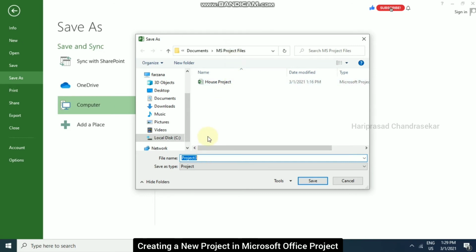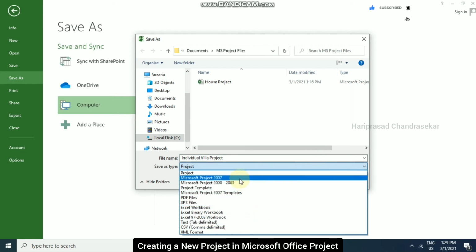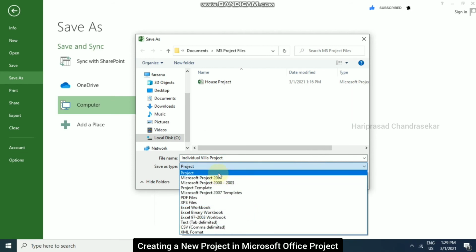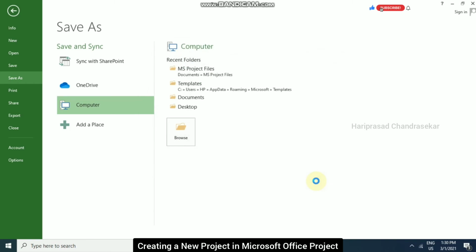I'm just going to put some name, House Project. Already we have one, so Individual Villa Project, something like that, and you click Save. We have Save as type, we have many options, so whatever you want, you can choose. Otherwise, for the .mpp format, you can just choose Project and click Save.